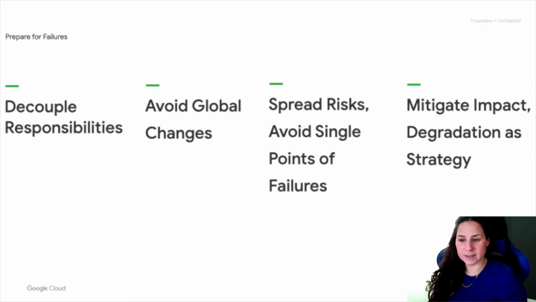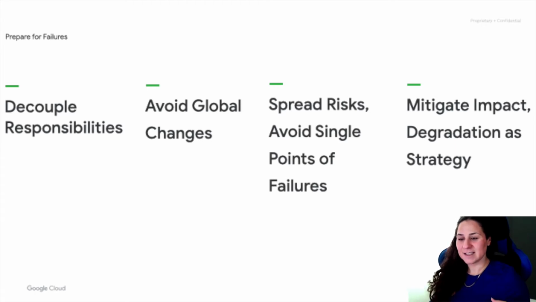Other things that we will want to consider in regard to preparing for failures will be both in software design and processes, how to prevent and how to mitigate. Decouple responsibility, for example, avoiding monolith servers and designing microservices, to reduce the blast radius when things do fail. As I mentioned before, we also want to avoid global changes. We want to use canary changes and pause to see the impact when we're doing a global rollout. That will allow us to mitigate the number of users affected by it.